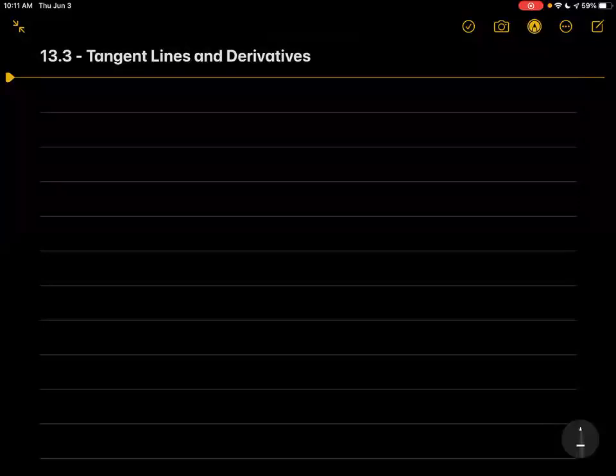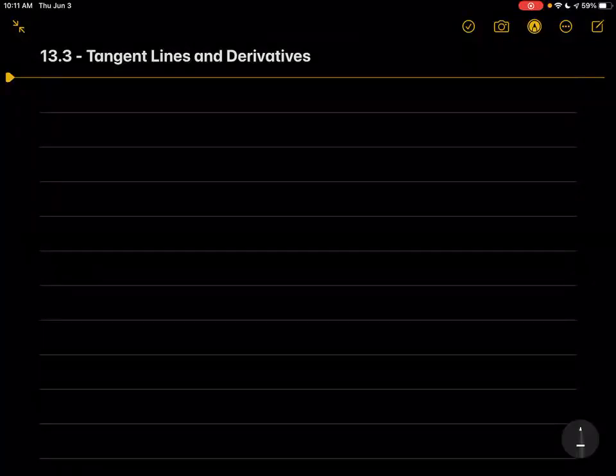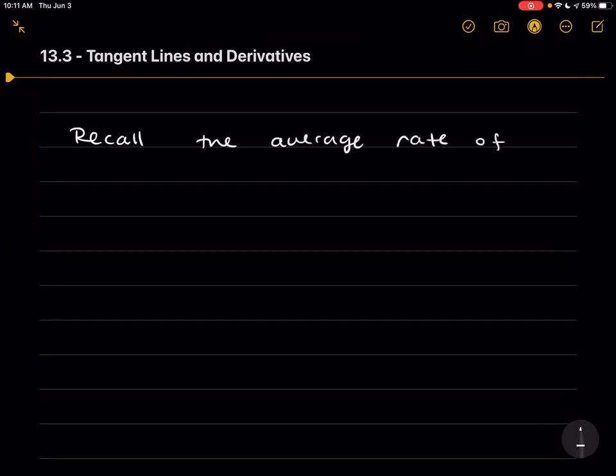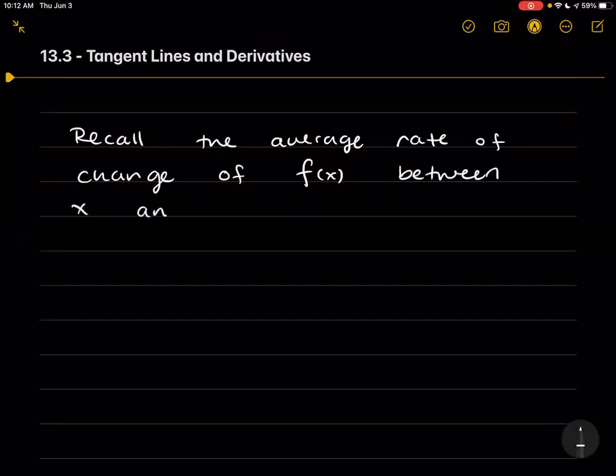But before we jump into that, let's start off by talking about a topic we saw a while ago. Let's remember average rate of change. So recall the average rate of change of some function, f of x, right? Between x and a